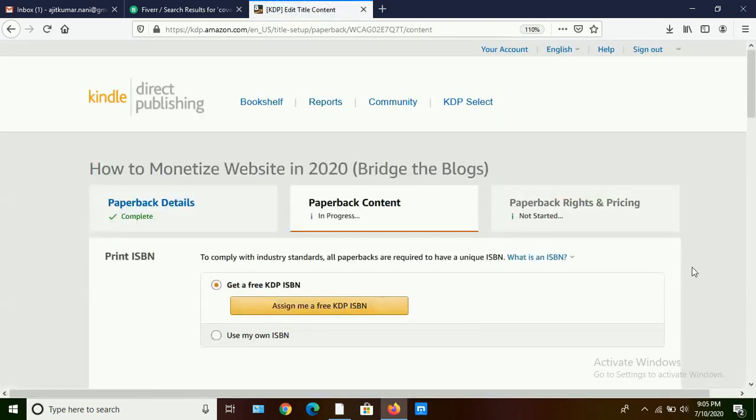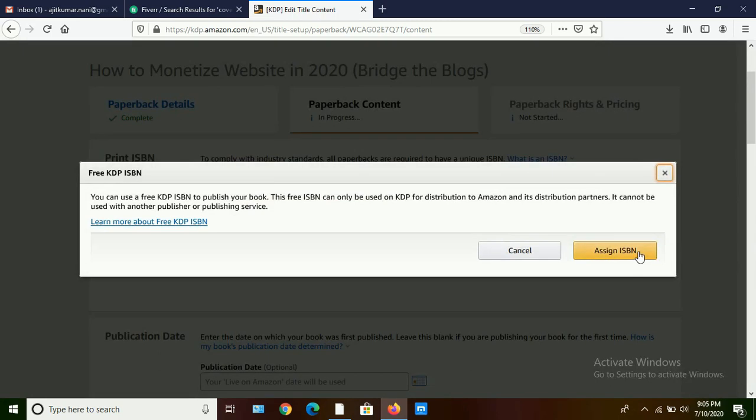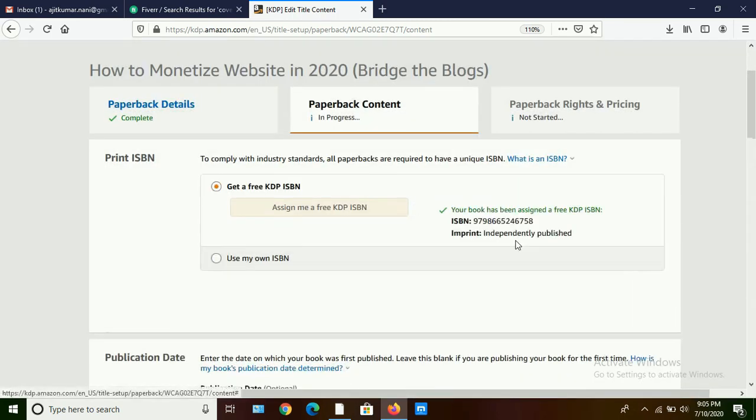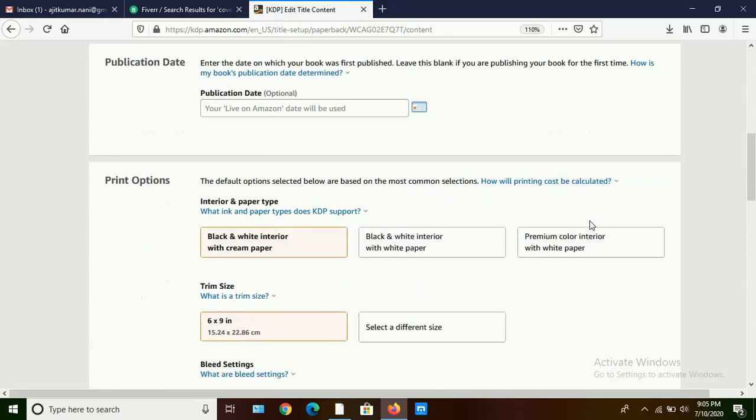Then in paperback we need an ISBN code. Actually, to get an ISBN they will charge some fee, but Amazon KDP will give it for free. It is also one of the features of Amazon KDP. So this is our ISBN number for our book. Then no need of anything optional.